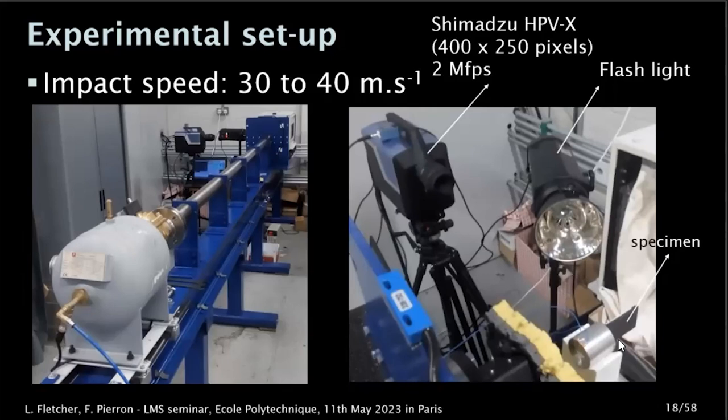As you will see, when we do 5 million frames per second, the test only lasts about 24 microseconds. So in terms of triggering, you need to make sure you get it right, because it's very easy to miss the action when there's only 24 microseconds of it. There's an additional difficulty with the illumination, because this flashlight has a rise time of about 100 microseconds. So if you were to trigger the flash with the camera, you would have beautiful dark images that you couldn't exploit. So we have to pre-trigger the flash, which is fairly tender. We have light gates at the end of the barrel that send a trigger to the flash. The flash has then time to rise, and then the wave comes in, we trigger the camera,